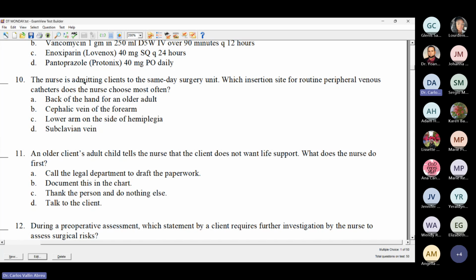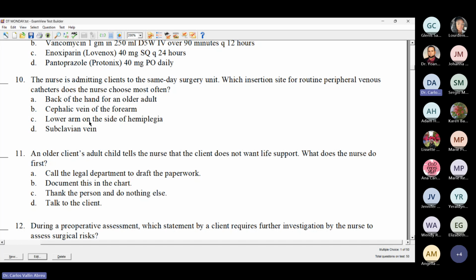The nurse is admitting clients to the same day surgery unit. Which insertion site for routine peripheral venous catheters, or peripheral venous access device, which is what NCLEX calls it, does the nurse choose most often? So which part is more frequently used for the insertion of a peripheral venous access device? You have the back of the hand for older clients,